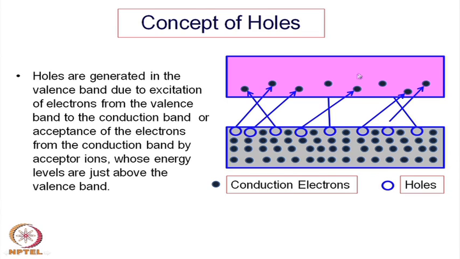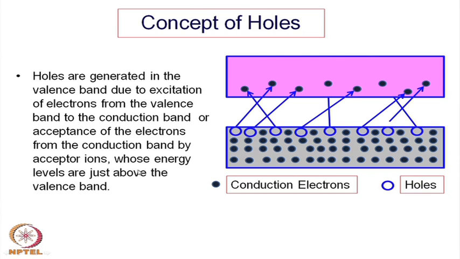So, corresponding electrons will not be created in the conduction band, but the holes will be created in the valency band. So, that is what is mentioned here, or acceptance of the electrons from the conduction band by the acceptor ions